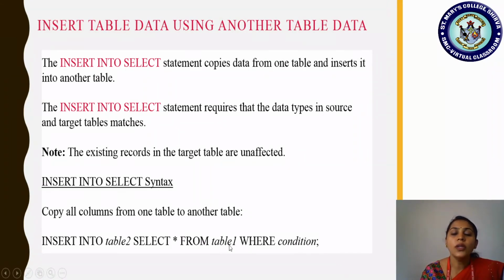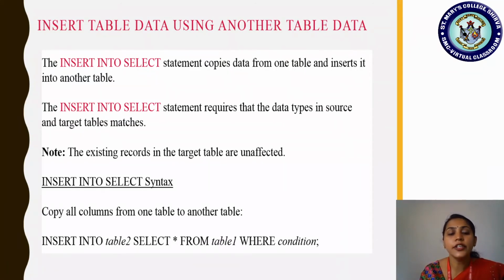So all the attribute values, all the rows will be copied to which table? Table 2. The table from which we are taking the information, we call it the source table, and the new table to which we are copying, we call it the target table.